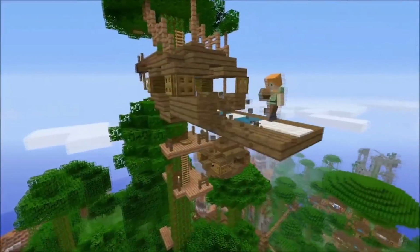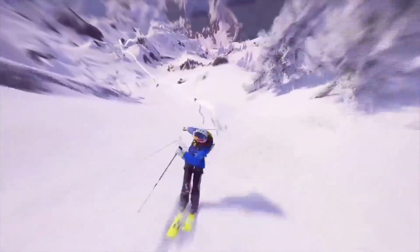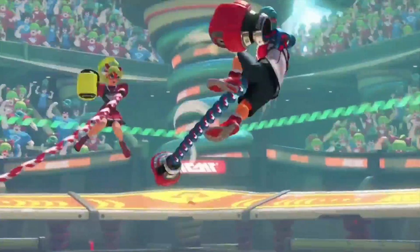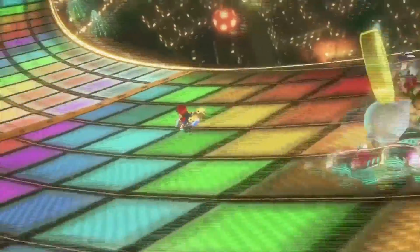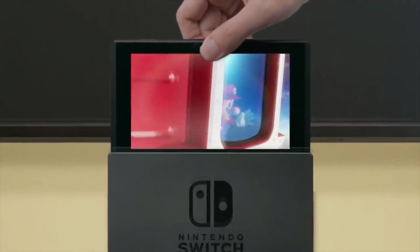This included various titles, both old and new alike. In the montage we saw Sonic, Mario Kart, Rayman, Dragon Ball Z, we saw Just Dance, we saw classic Street Fighter 2, we saw Minecraft, we saw 1080 Snowboarding, Skylanders, Lego City, Bomberman, Neo Racing, and then